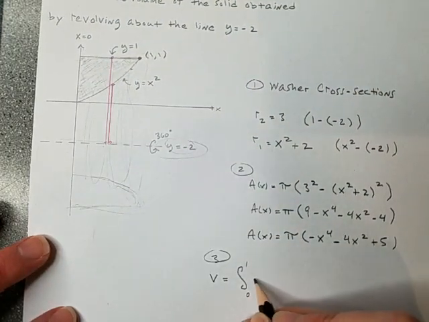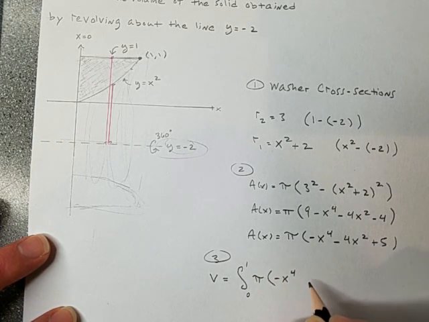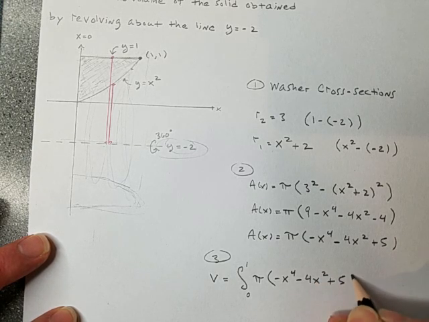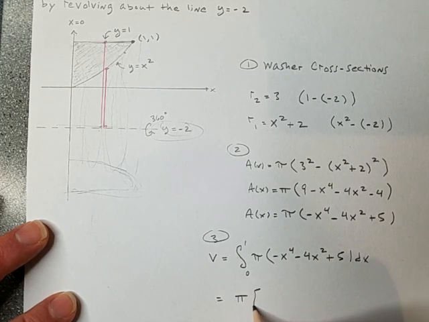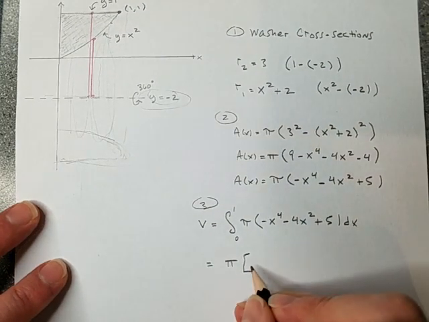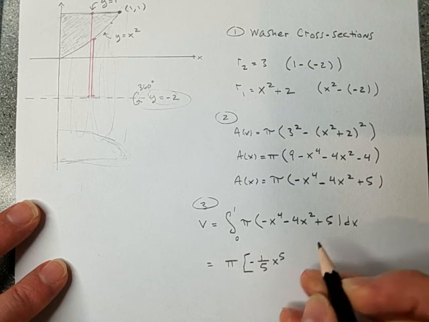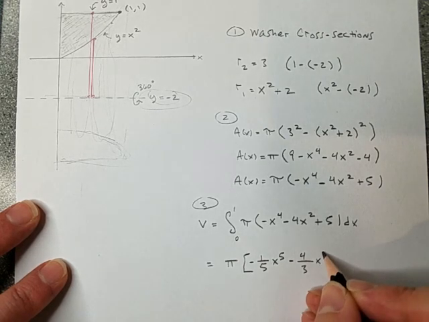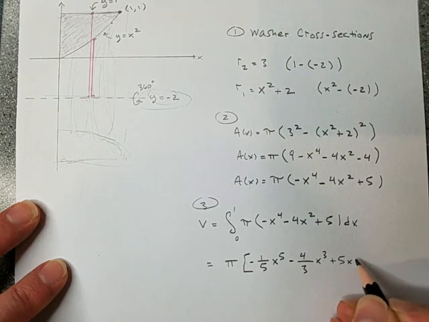Integral from 0 to 1, pi times negative x to the 4th minus 4x squared plus 5. Okay, so here's what we're going to end up doing. We'll take pi times this evaluation, negative 1/5 x to the 5th power minus 4/3 x to the 3rd power plus 5x,